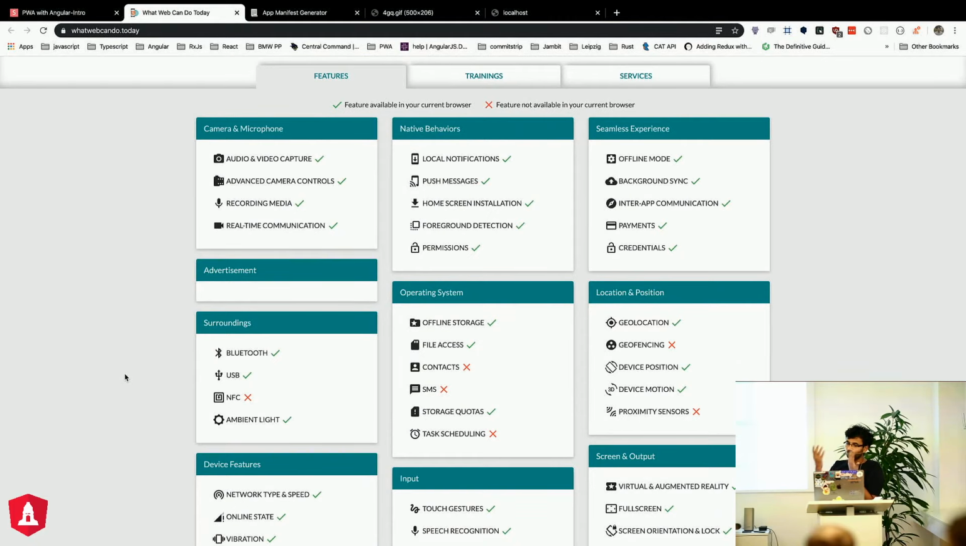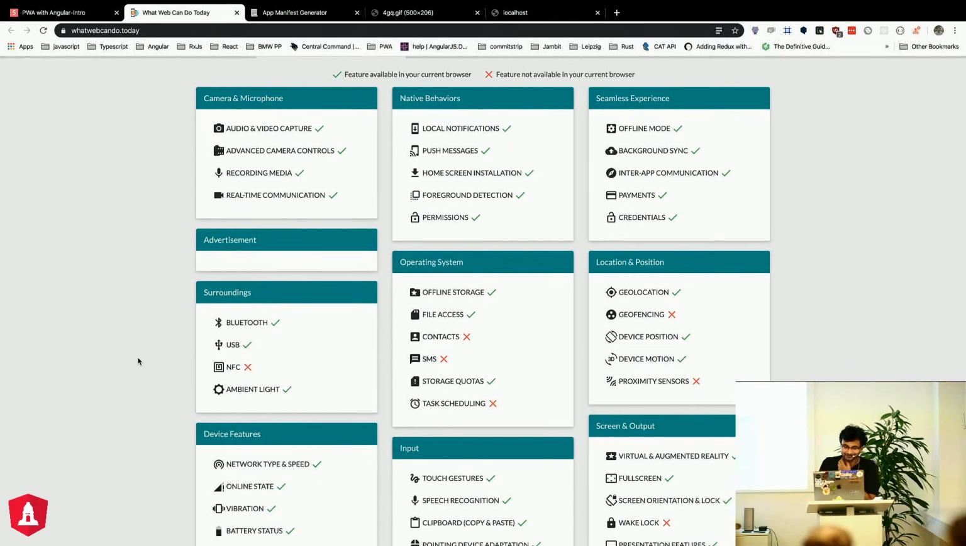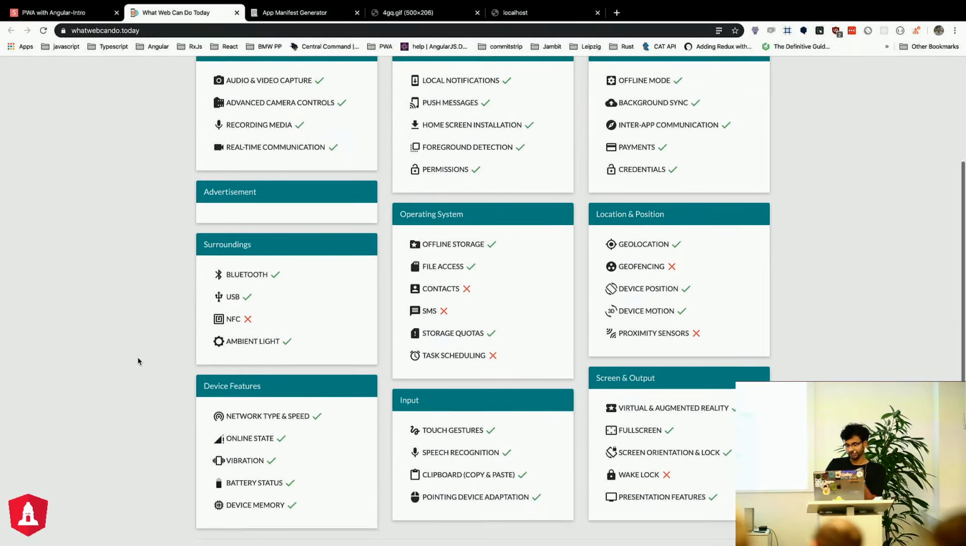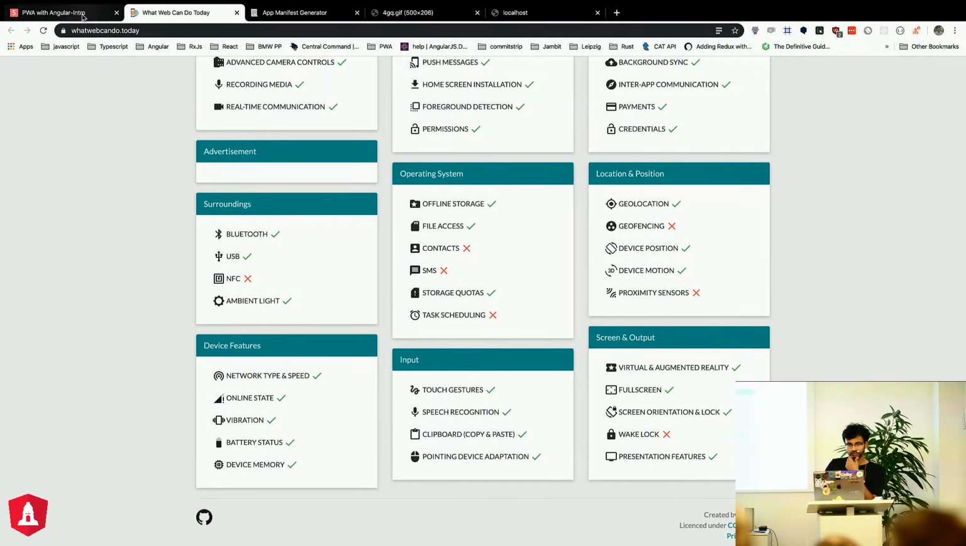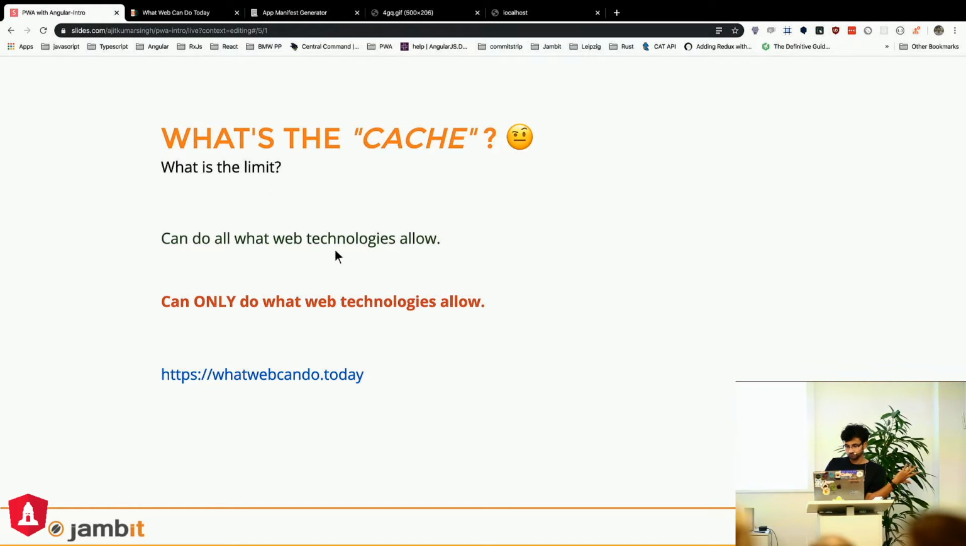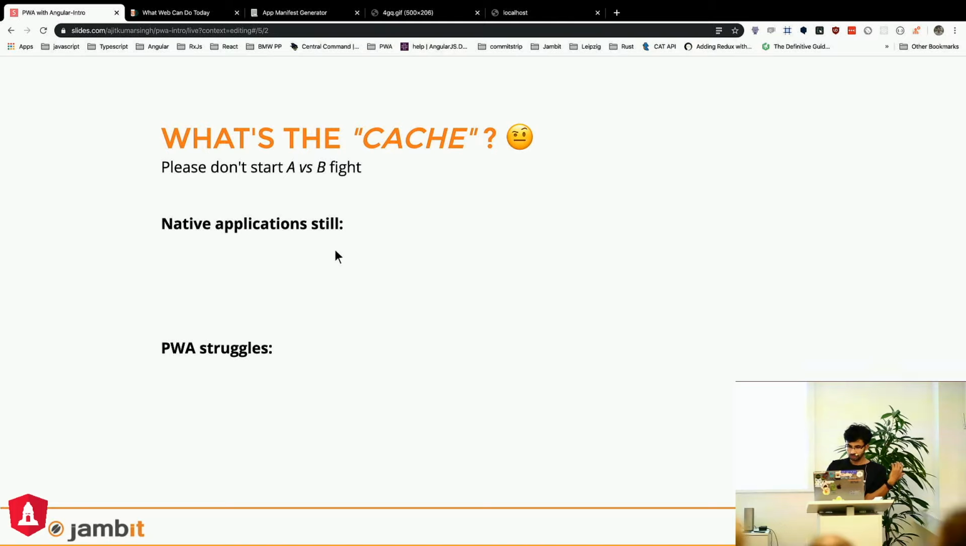So if you want to write an SMS app, you can't do it with PWAs, but use WhatsApp and so on. So yeah, just keep in mind that these are still all web technologies, no extra plugin or extension or something like that. And apart from that, there's no need to fire your app developers and so on, because